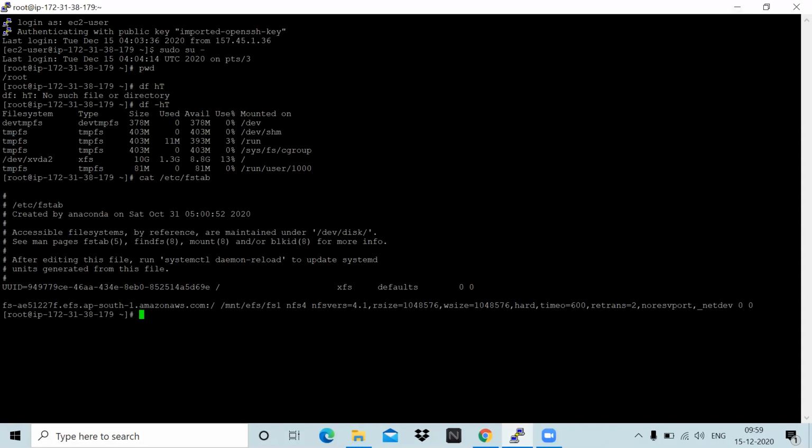Now you just run mount, and double click that /mnt/efs/fs1 above, the one above your arrow. Right click. Okay, sorry. No, before that the mount command is gone. Type that, mount.